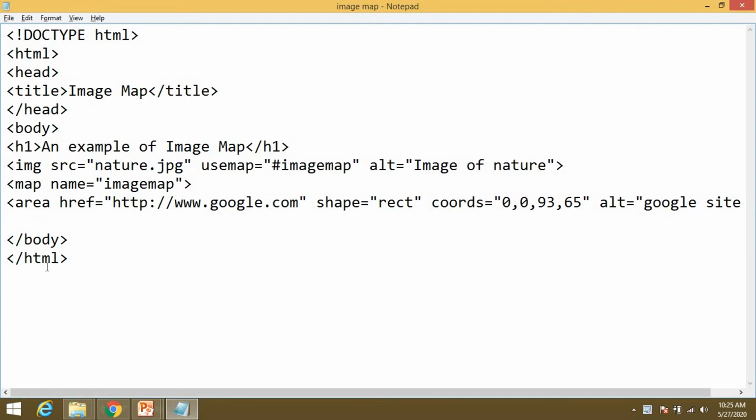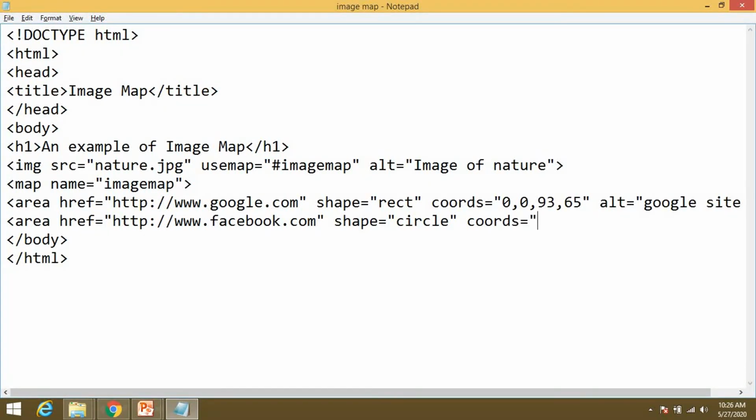We have area, href equal to, suppose I am writing http://www.facebook.com. Okay, shape equal to circle, and the coords: three values you have to specify in this. 111 is the x coordinate, 140 the y coordinate, and then 40 is the radius, which means the circle link will be located there.